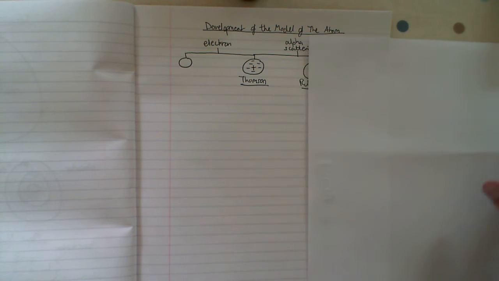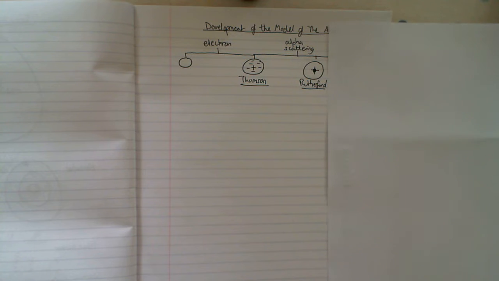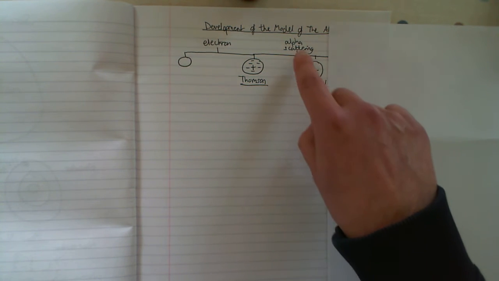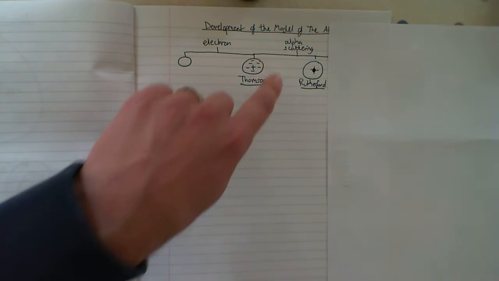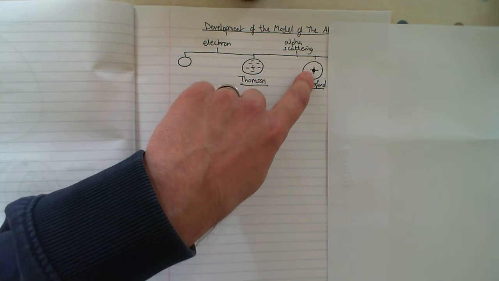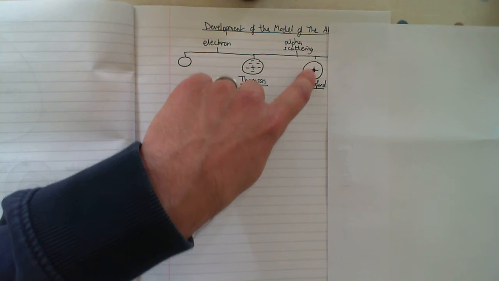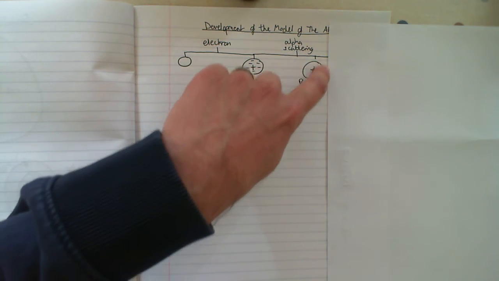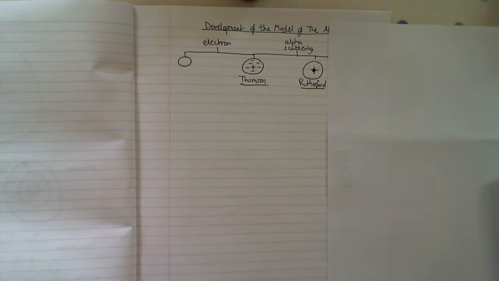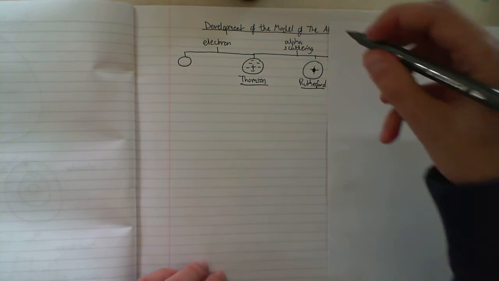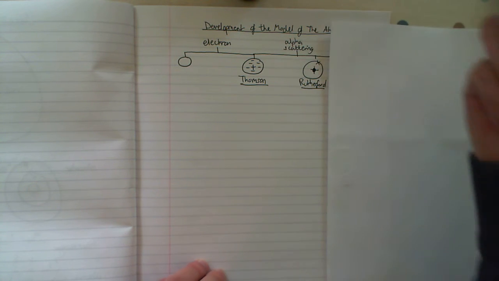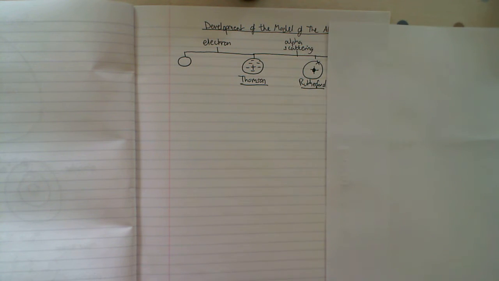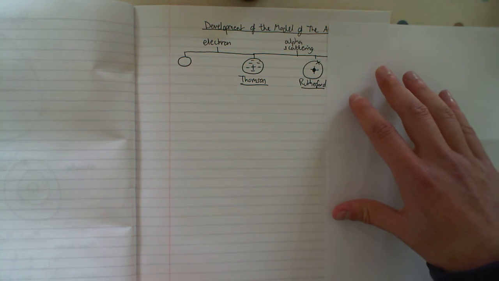Over time, a man called Rutherford did an alpha scattering experiment, and we're going to go into more detail on this in a minute. What this showed was that the nucleus was small and dense and charged, and the electrons orbited at a distance from the nucleus. So atoms: mostly empty space, electrons orbiting at a distance, and a charged, small, dense nucleus. After Rutherford's discovery,